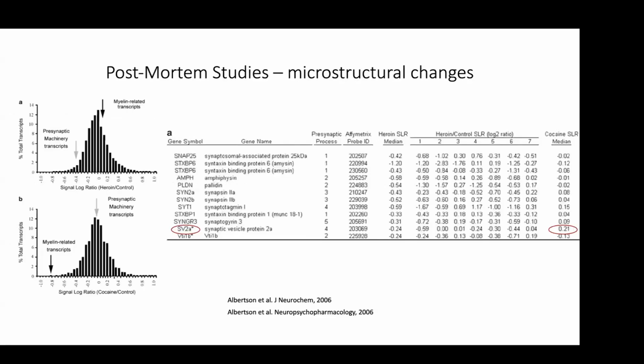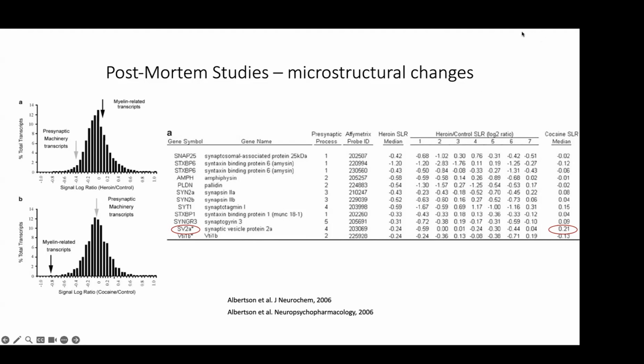Now, at a clinical level, we have very limited tools to know what is happening in terms of the microarchitecture. There were a couple of post-mortem studies using microarrays to examine more than 39,000 transcripts in the brains of persons who had opioid use and in the brains of persons who had cocaine use. They looked at multiple transcripts, including several from the presynaptic machinery proteins. For example, synaptophysin, synapsin, and synaptic vesicle glycoprotein 2A. In these studies, they saw